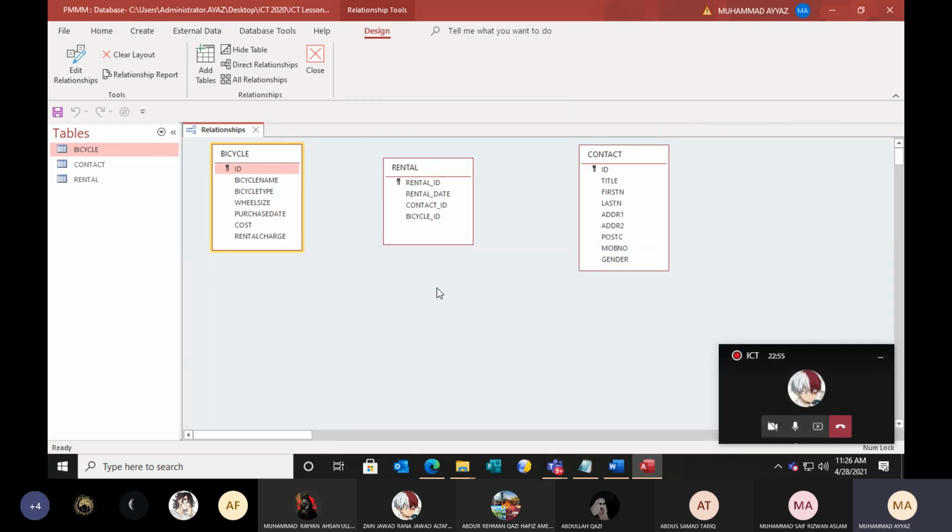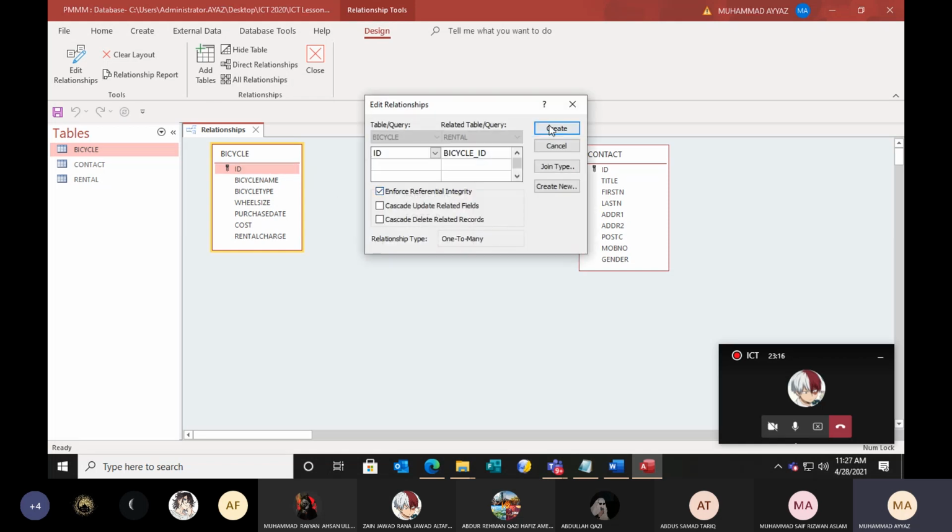Sir, the primary key in bicycle, which is ID, to bicycle ID in rental. Well done. So the primary field in bicycle will be connected with the common field in rental, which is a foreign key. So this we will connect with this. Enforce.